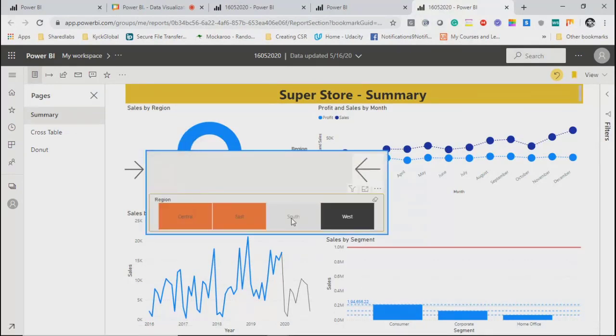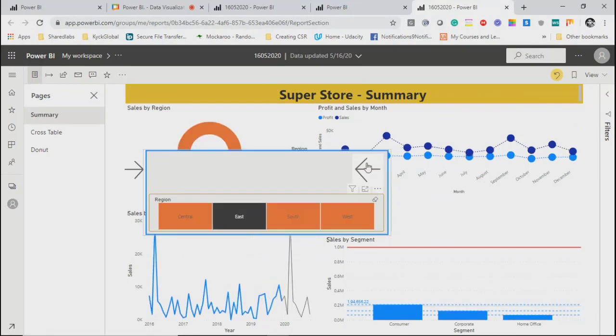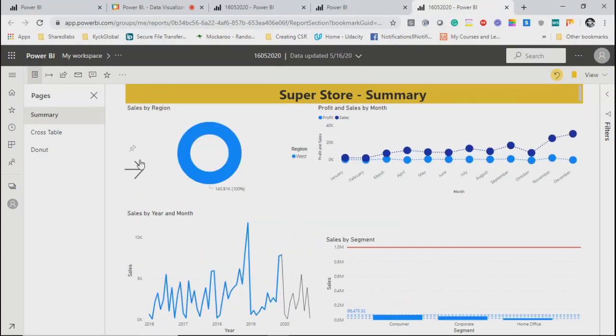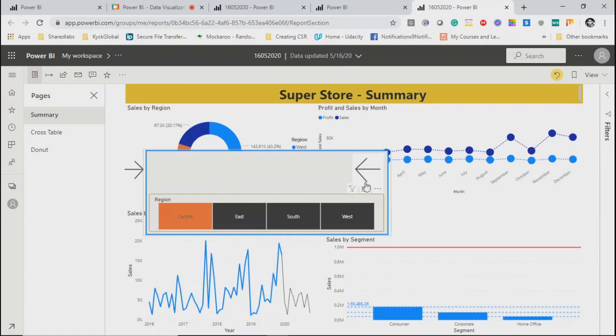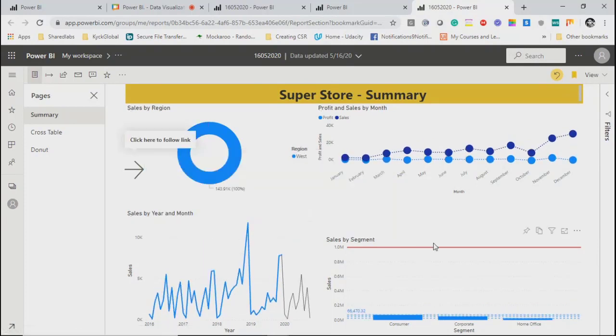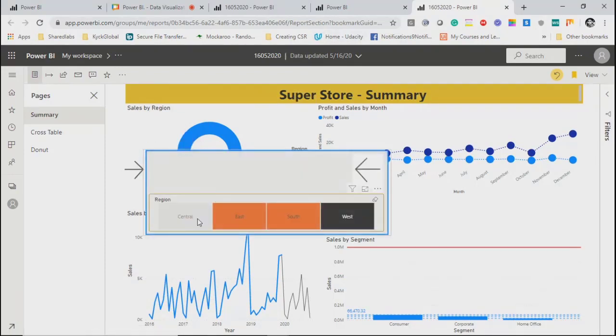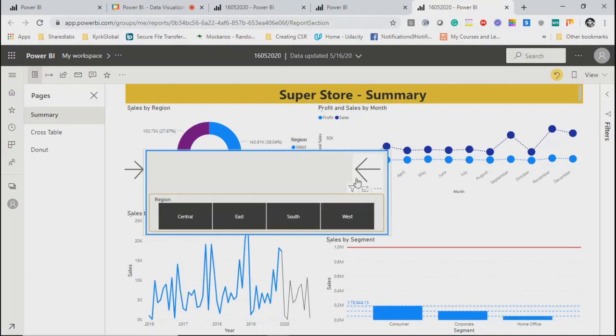Slicer will appear. Select your data, and then hide it again. See, the UI can be created far better than what I have created here. We have just randomly created something. But if you know proper UI or user interface, you can create a better one by using external images and show a good visualization.